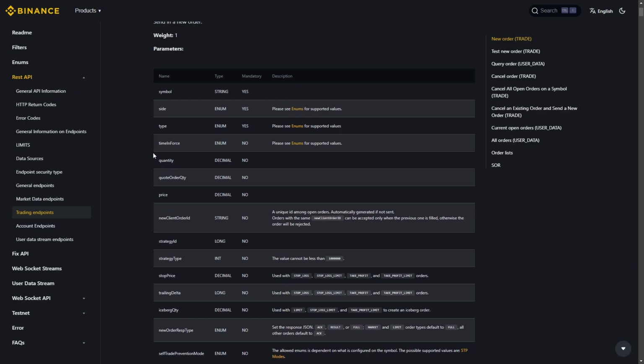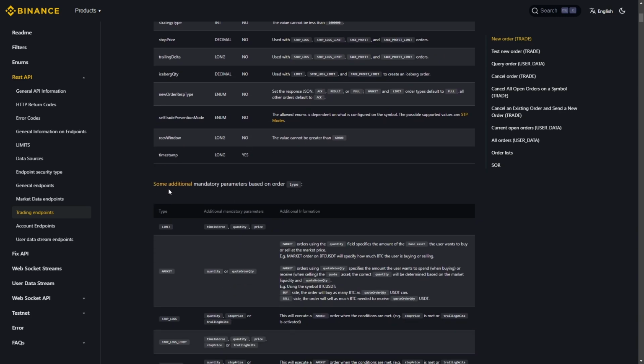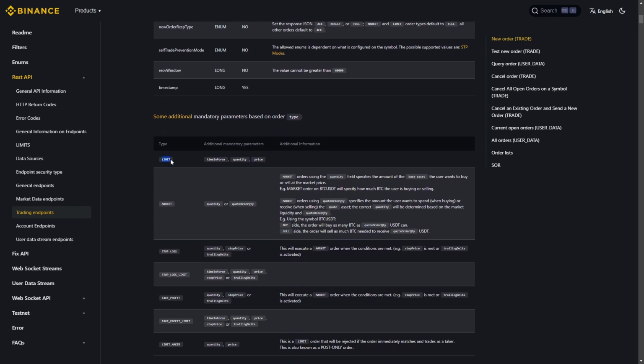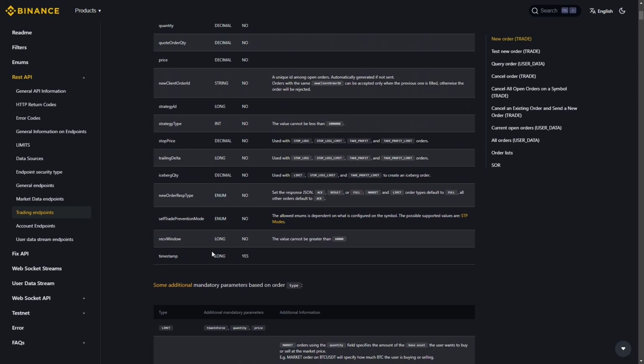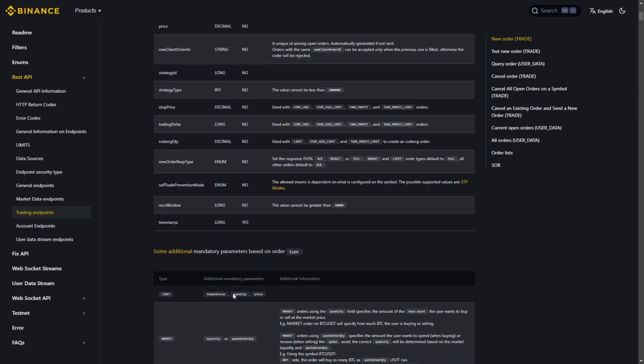because we need to know how much of that Bitcoin we need to buy. So we have some parameters that are price, and it says it's not mandatory. But if you scroll down, you can see some additional mandatory parameters based on other order type. If you have a limit order, you need to put quantity and price in. Now this time in force actually isn't that required because it has a default value, but quantity and price are